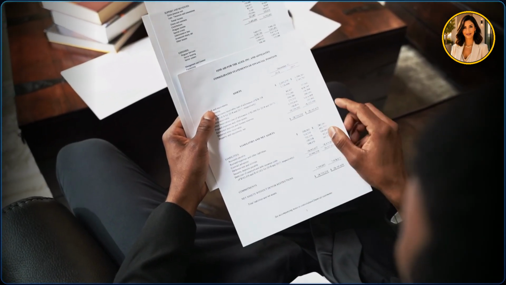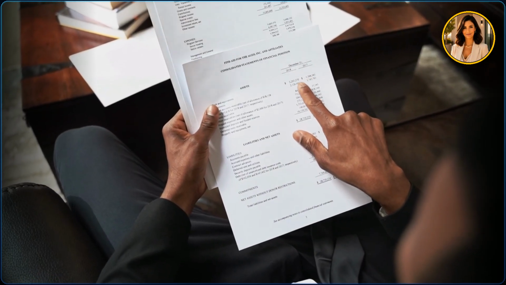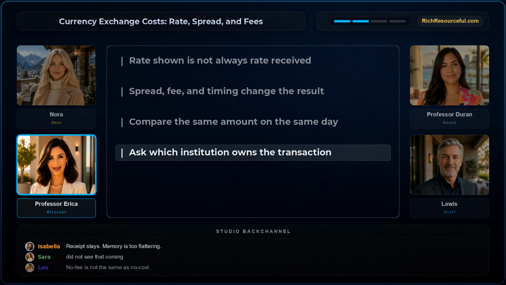The CFPB can explain a consumer finance concept. Your card issuer owns the current agreement. Your bank owns its wire, cash, and account terms. A broker owns its foreign exchange product disclosure and margin rules. If a source can't tell you which document controls, it has not finished the job.